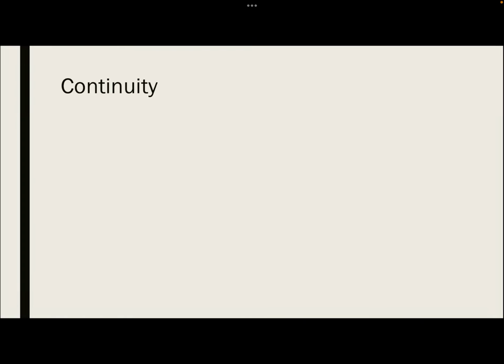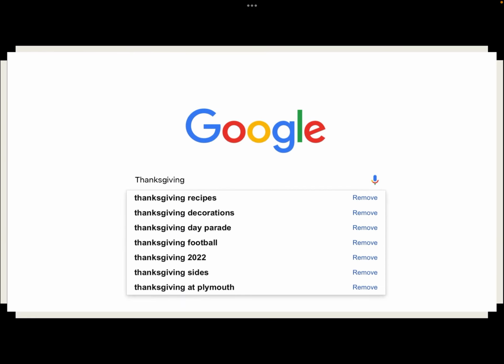The next law is called the law of continuity. Now look at the Google search engine on your screen. This may look like a normal search engine, but on the next slide, this is not a Google search engine you are accustomed to seeing. So why does this have to do with the law of continuity of Gestalt psychology? Stay tuned.